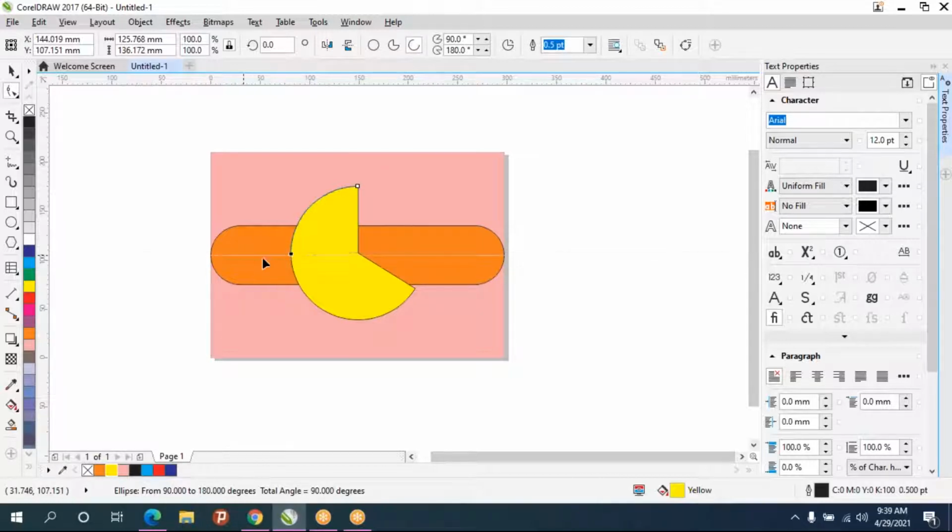You can see the property bar is changing. So manually you can adjust the values. Just move inside to make pie and move outward to make curve.